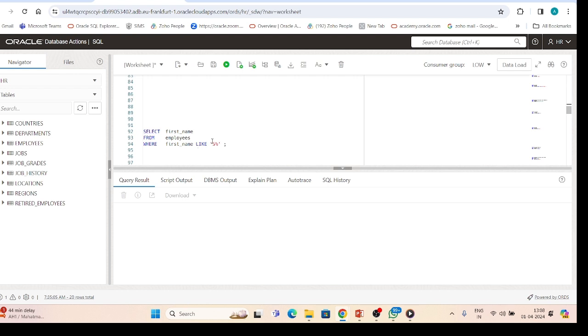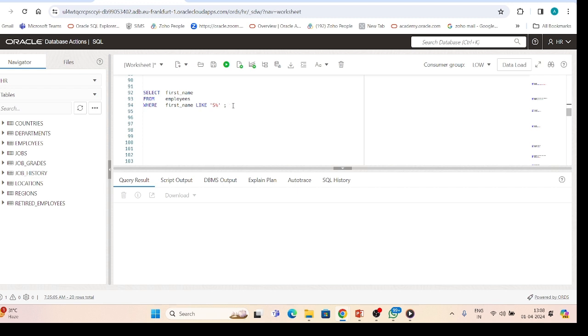The character pattern matching operation is known as a wildcard search. Here two wildcard characters are used. One is the percentage symbol, and the second is the underscore. We'll see how the percentage and underscore wildcard characters work.